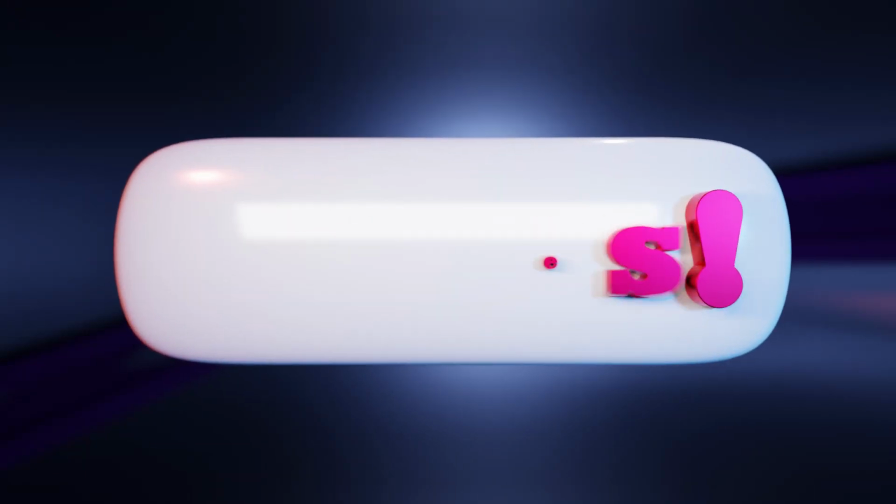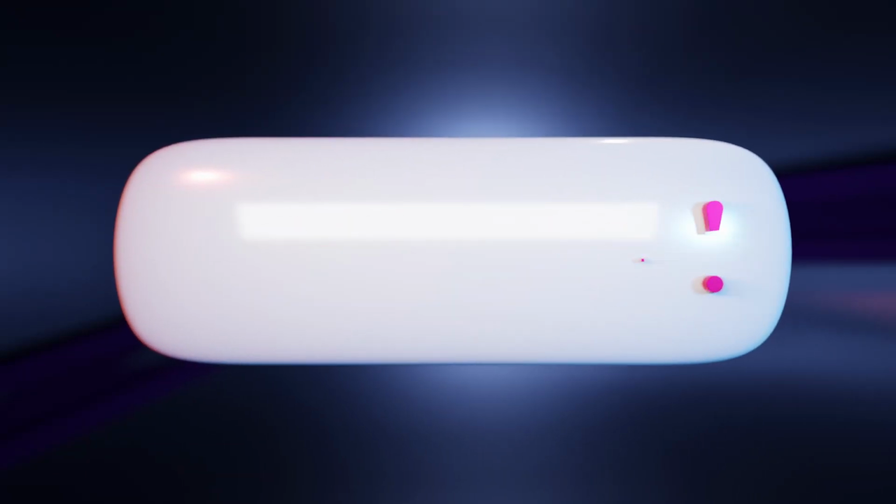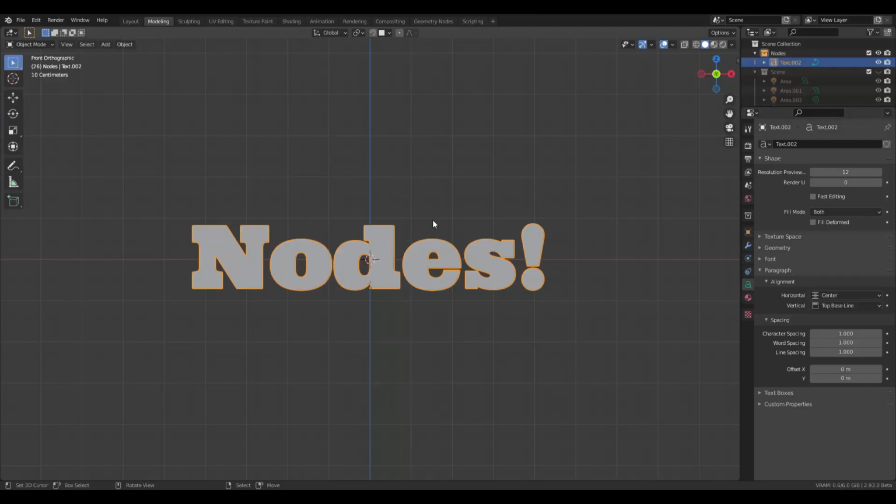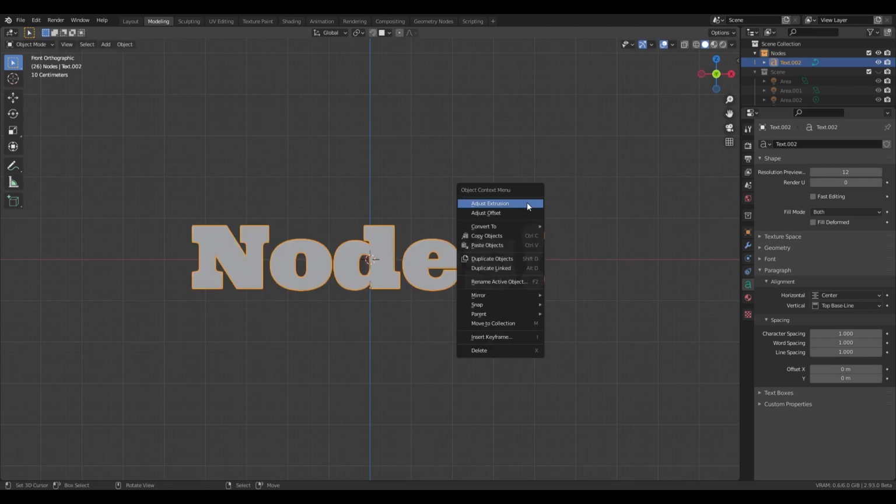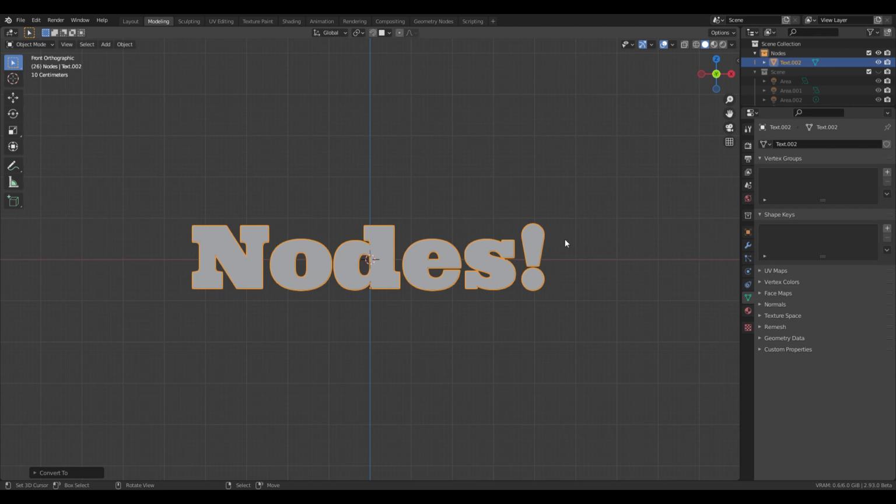Hi, this video is a quick overview on how to achieve this type of simple animation effect with the new geometry nodes in Blender 2.93. So I have this text object, I'm gonna convert it to a mesh object, then separate the letters into individual